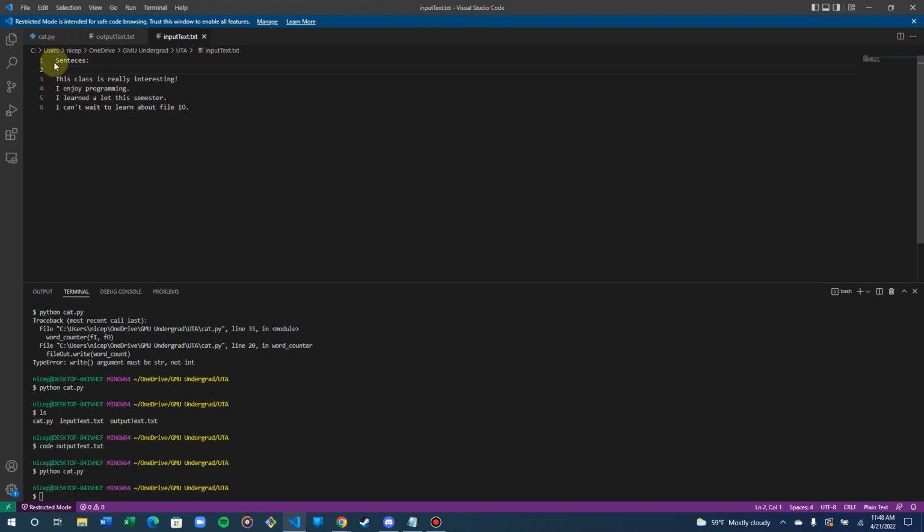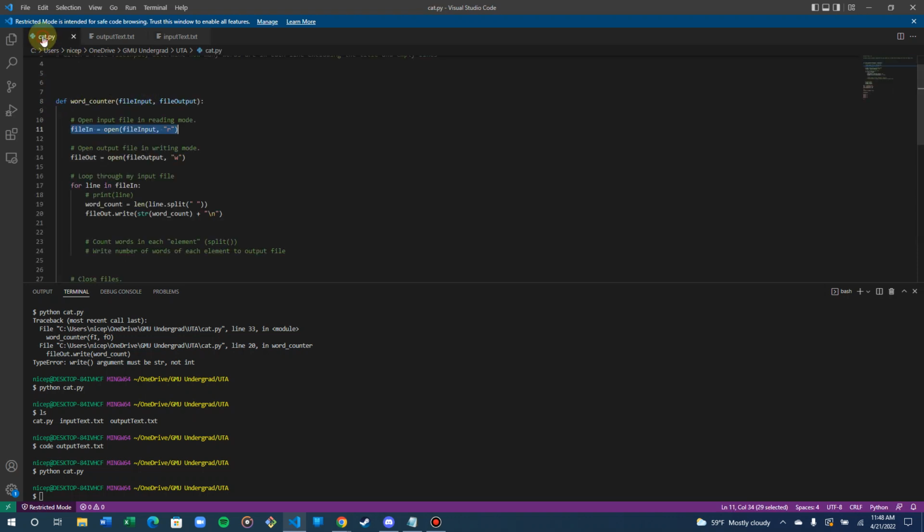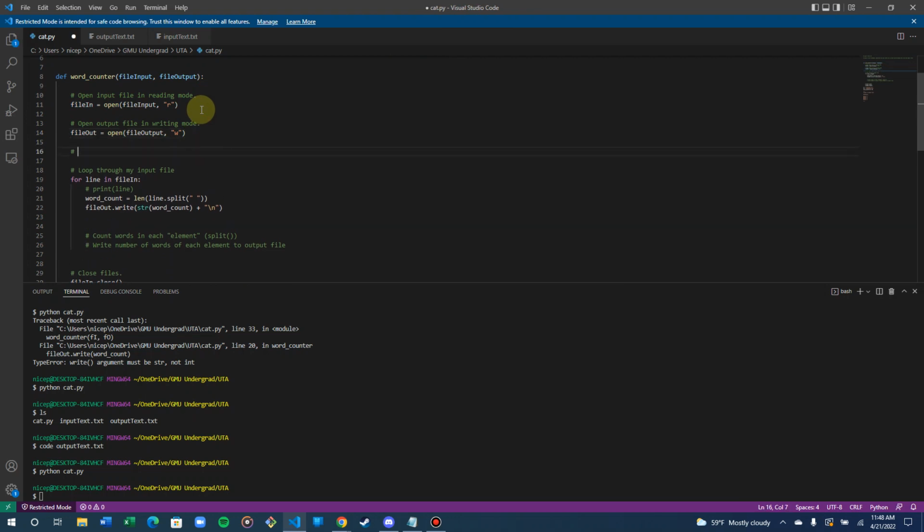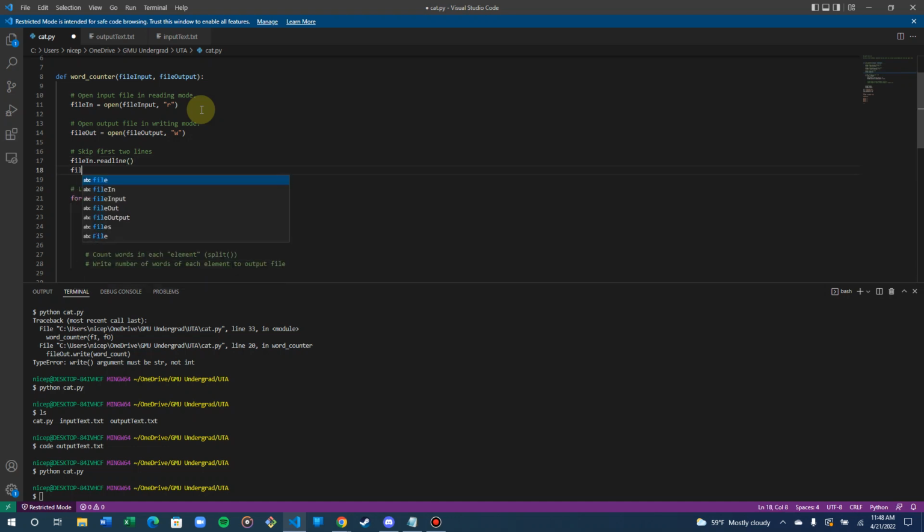Since we know that this is the exact format where we want to skip the first two lines before going on, we can simply do this before we enter our loop. We can simply skip first two lines, and we can do file in.read line. Now it's line, not lines. Lines will send you to the end of your thing. And I'm going to call it again, file in.read line,